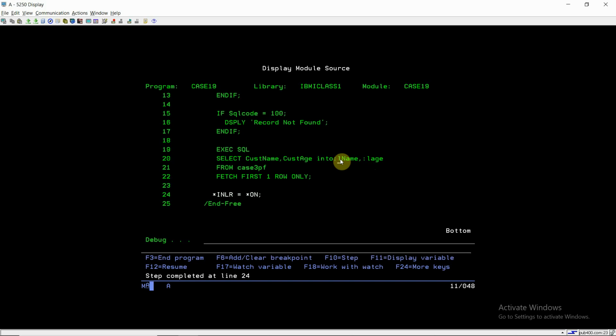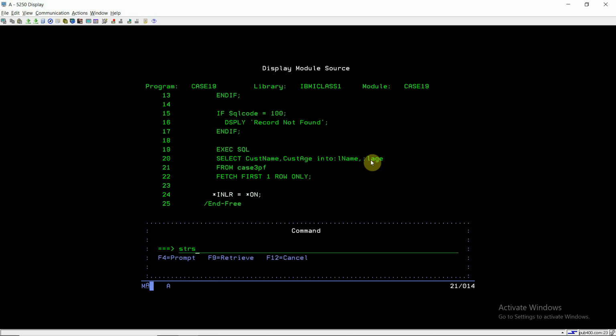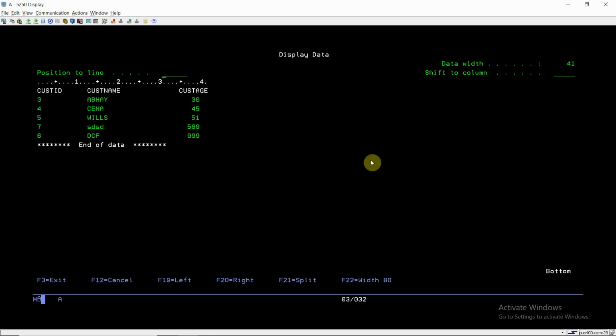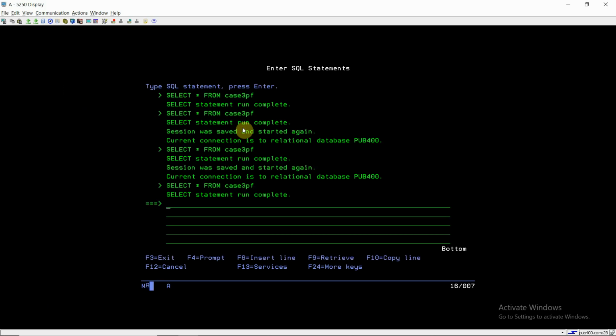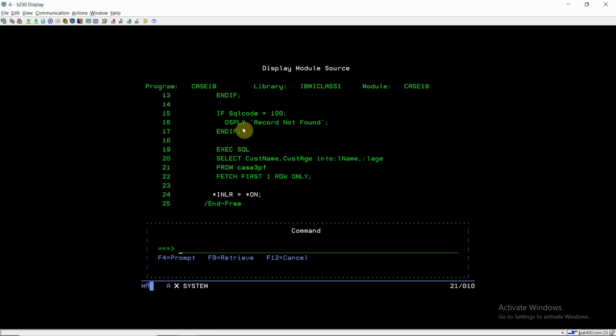The first row will contain the name Abhay and age 30. If I look at the table, this is the first row which is fetched, Abhay and 30, which we have queried for on the first query. So this is correct.